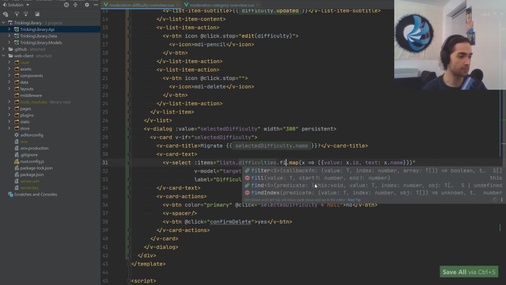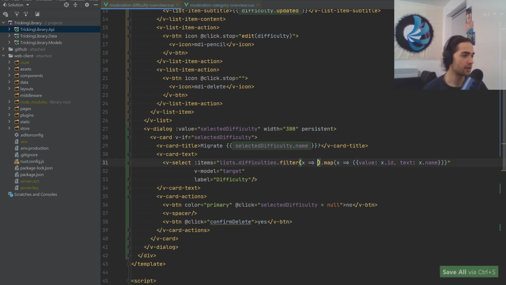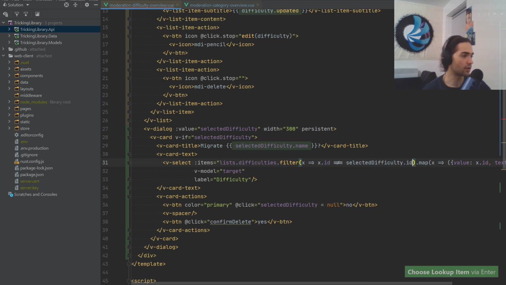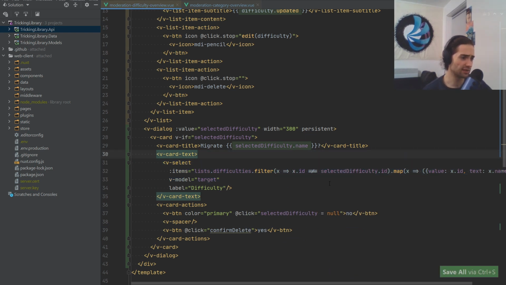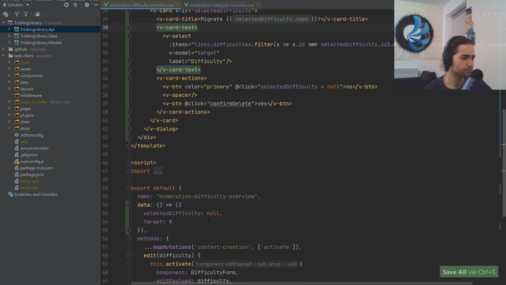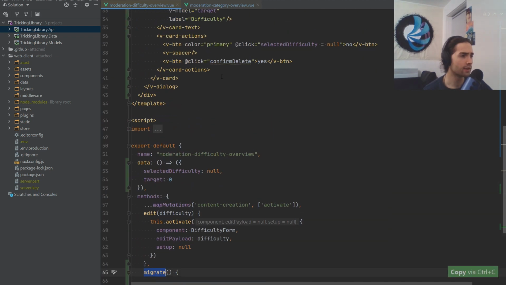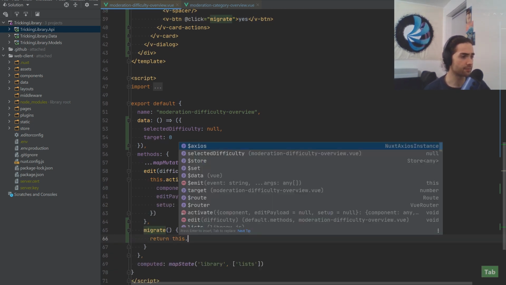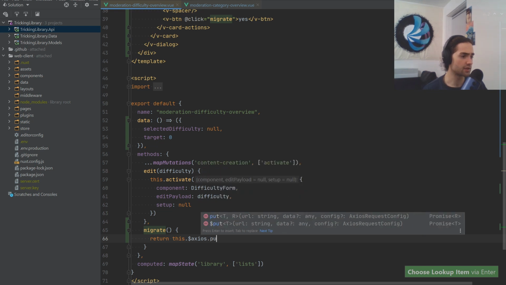The one thing that I'm going to say is I want to filter out the things with the ID that do not equal selected difficulty ID. I know you can extract this to a computed property if you want to. I'm just gonna leave it as is. So migrate. Let's just go ahead and put it there. So return this Nuxtjs. This will be put